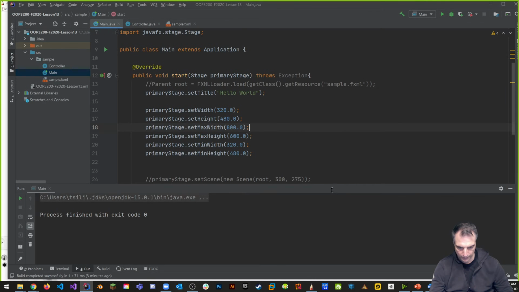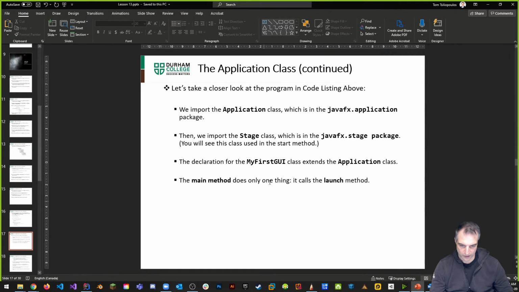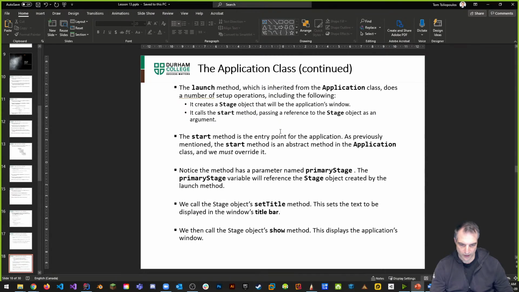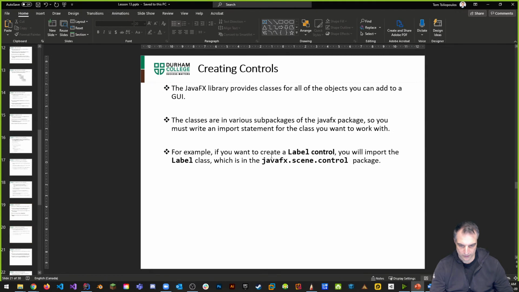Okay, so if that's the case, and if you look at the PowerPoint configuration here, it talks about what the application is, as well as how things work. I'm going to skip through this, but what we want to do is create a scene, and what the scene does is it gives us